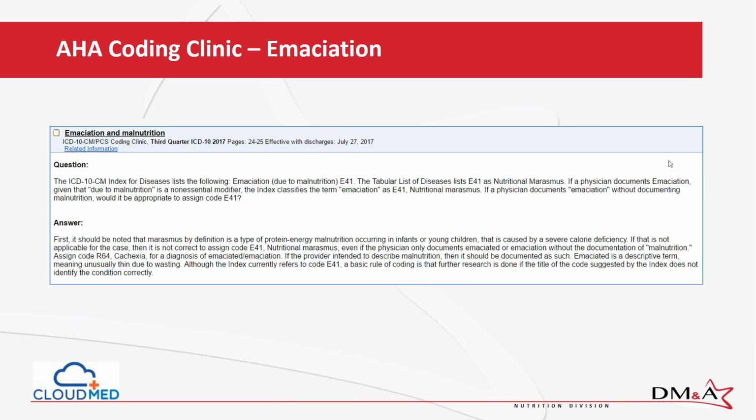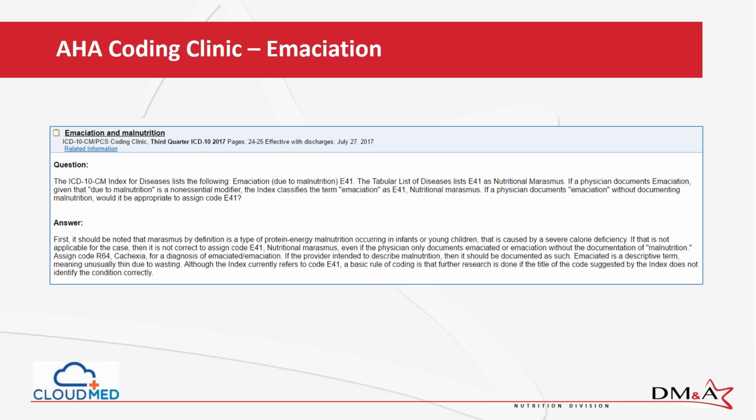So this answer is to clarify, and this is a source that we look to as coders and CDI professionals to get to the most accurate code assignment, and that we're held accountable to when they clarify. Hopefully they will improve the indexing and follow up to this as our codes are updated every October. But in this case, they're saying no, you wouldn't code that E41 malnutrition code, you would actually code cachexia, an R64 code, which is a symptom code. And that code actually has CC status versus the E41, which has